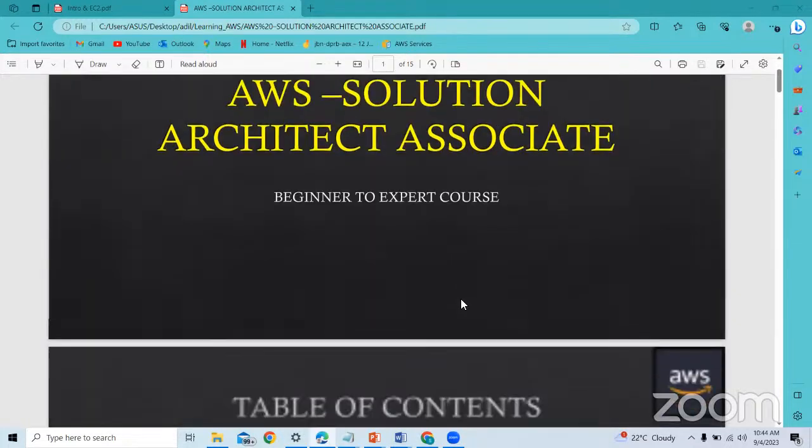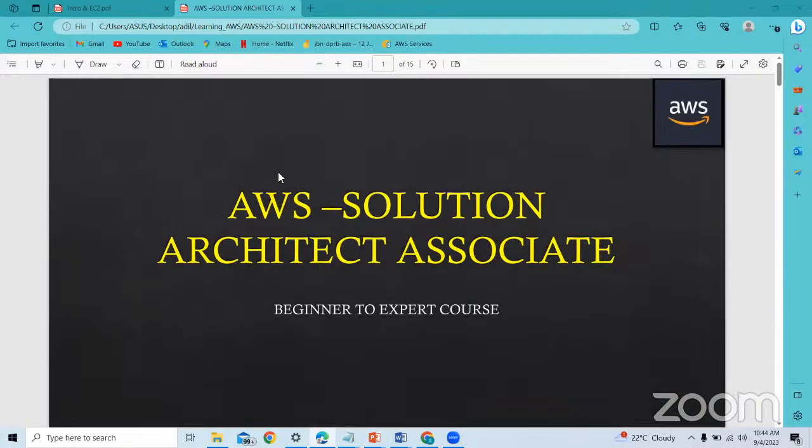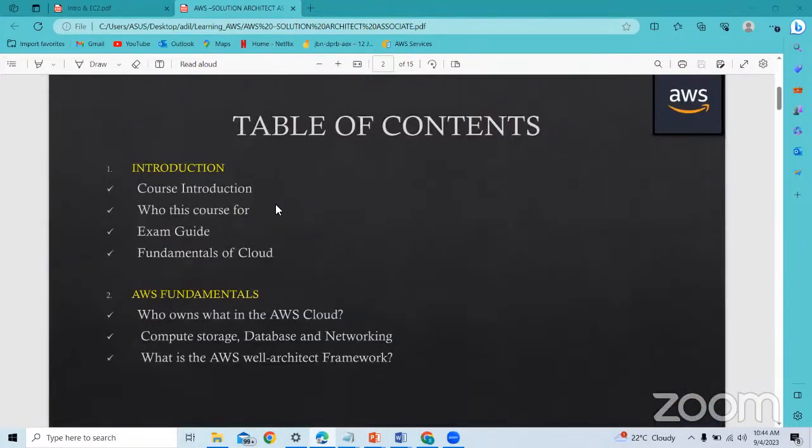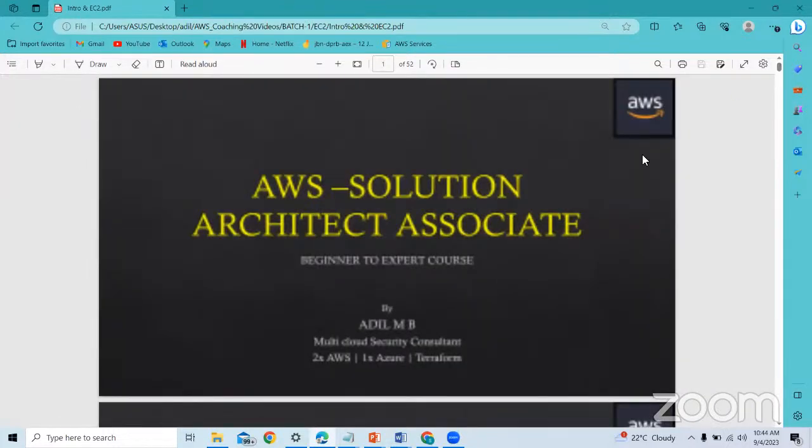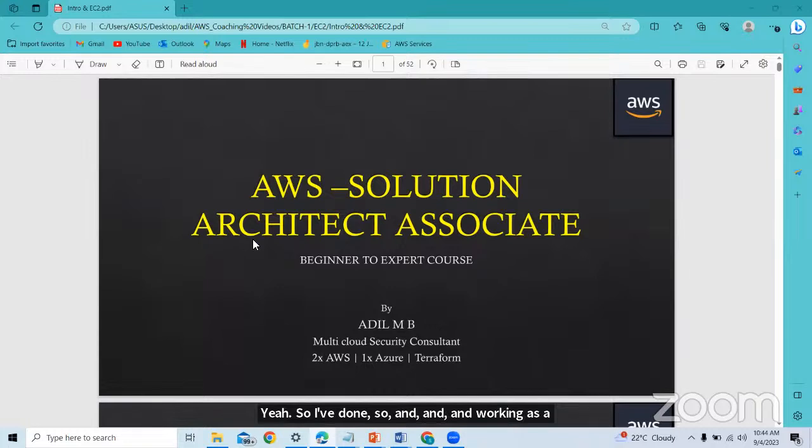All right. So if there's no doubt, we're going to start our first session. Today we're going to do the introduction, and I'm going to teach you the fundamentals. This is a small introduction about me. I've done Palo Alto and am working as a technical designer in BT. Okay, sure, Gaurav, it would be very helpful for you. Yeah, so let us start.